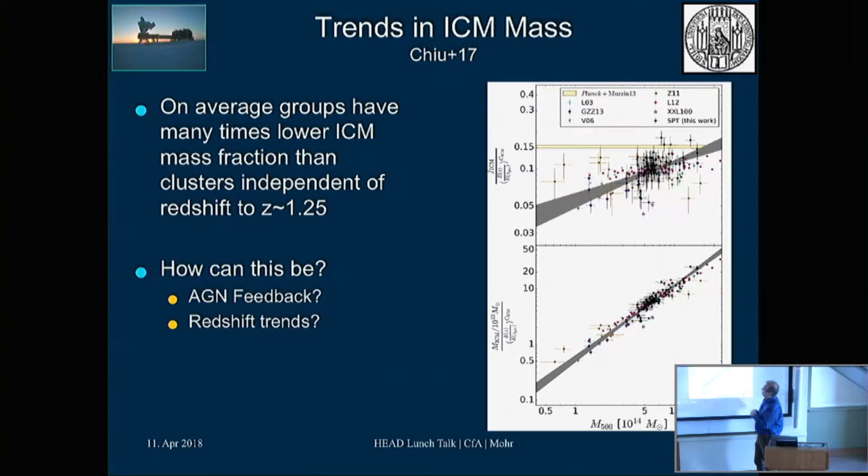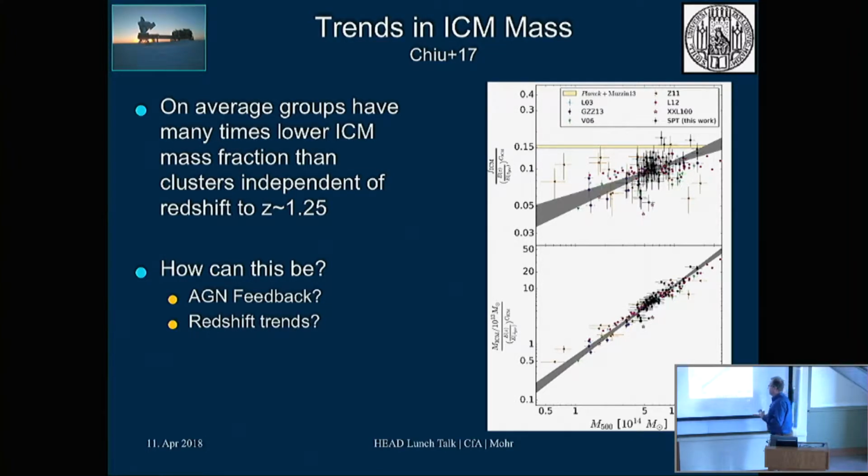And then later, at the end of that decade, we put together a big sample of systems and showed statistically that there is a big difference, a trend. So we see that now in this more recent sample. This again is a compilation of our points in black and other previously published results. So we see that, again, there's an issue that you can't build massive systems out of the low mass systems, because although there's quite a bit of scatter, on average, the groups have a lower gas fraction than clusters. And here again, we show the universal value as that yellow trend. So what could explain this?